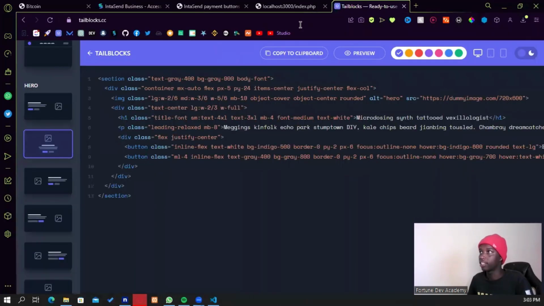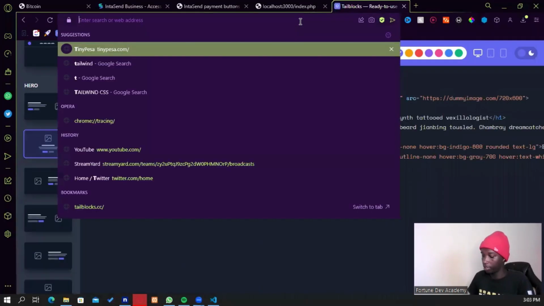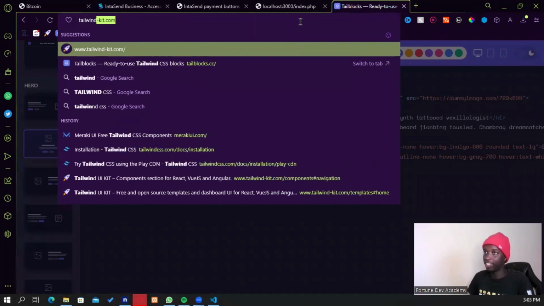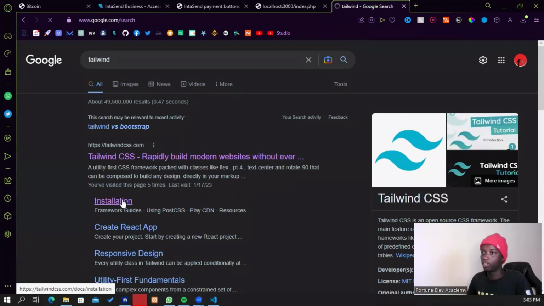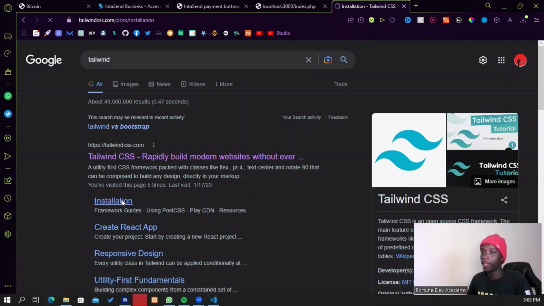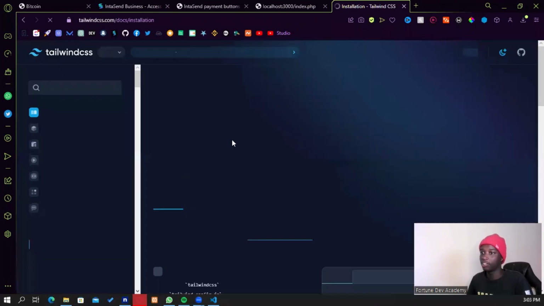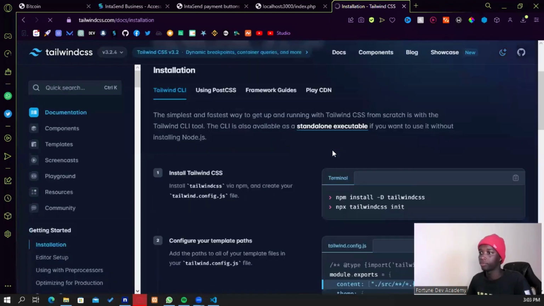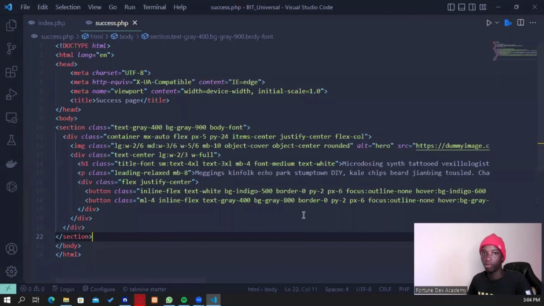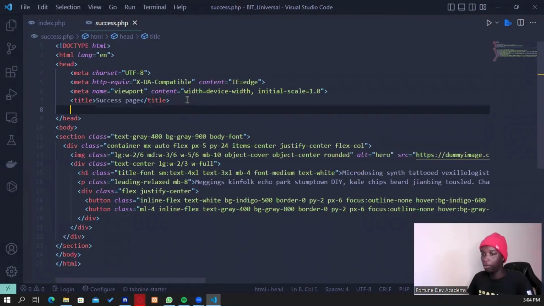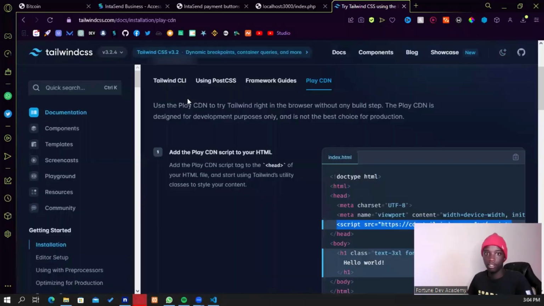Then I'm also going to get, because this is using Tailwind, I will need the CDN, so Tailwind itself. So I'm just going to click on that and then click on this installation link. There's usually a Play CDN here. That's the one I'm going to use. So Play CDN right there. Then I'll just copy this. Just put this script tag before you're closing it. Why does that cap always come out wrong? Anyway,